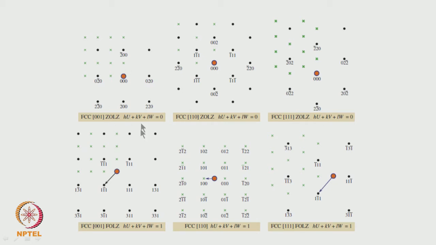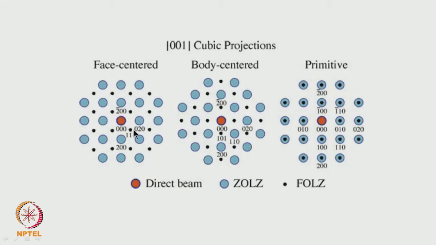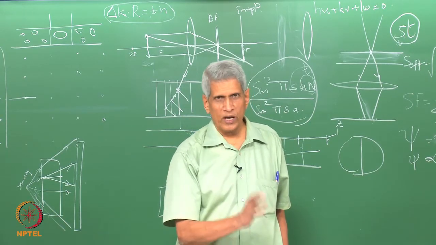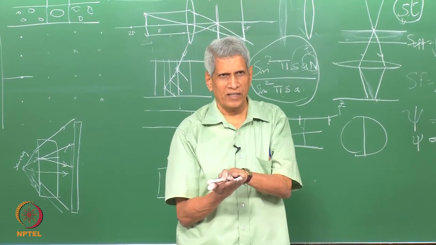If I superimpose these two, I will be getting how the zeroth and the first order should appear together, correct? That is exactly what is being shown here. So this is how it looks for a face centered lattice. In a primitive lattice, what will happen is that this will coincide here; this is the way the pattern will appear when the 0th order and the first order are overlapping. All these things you look at carefully, then you will understand. These are all very simple things, two patterns which are being superimposed one on top of the other.